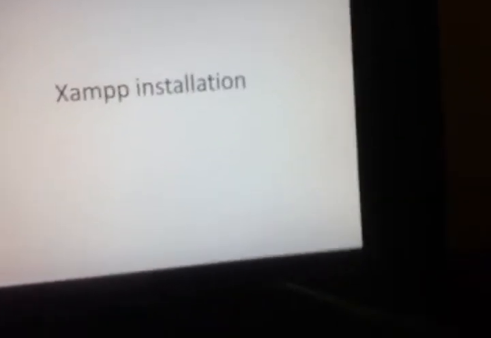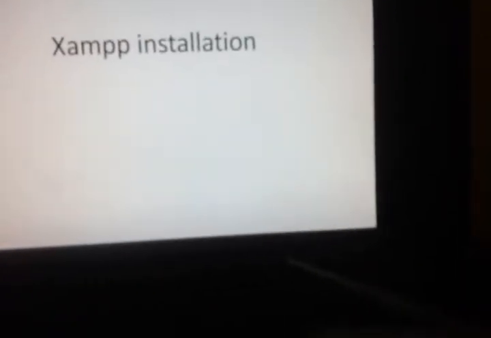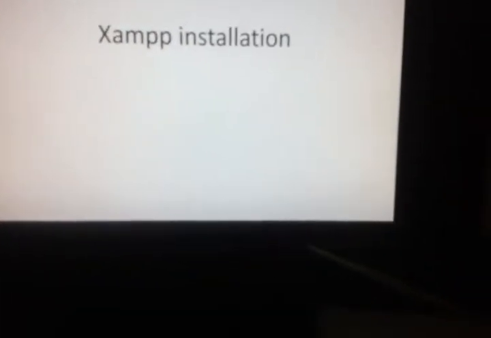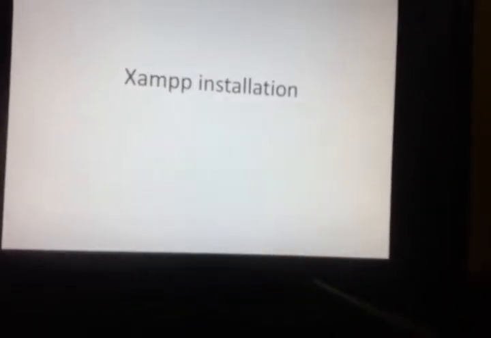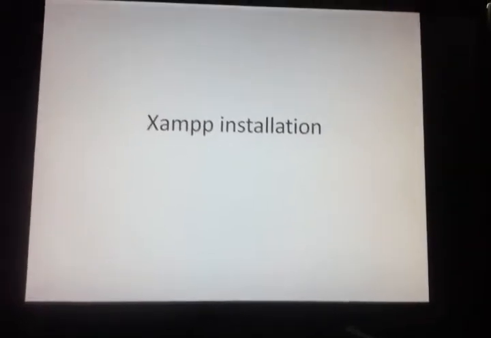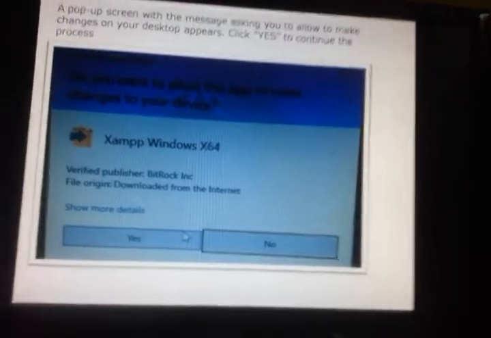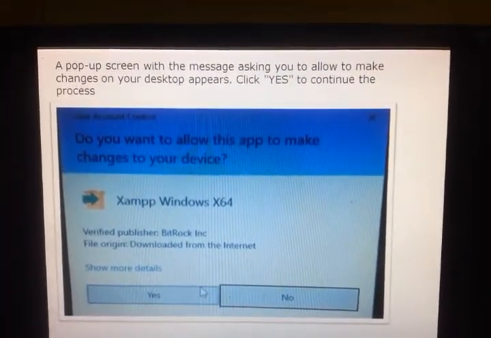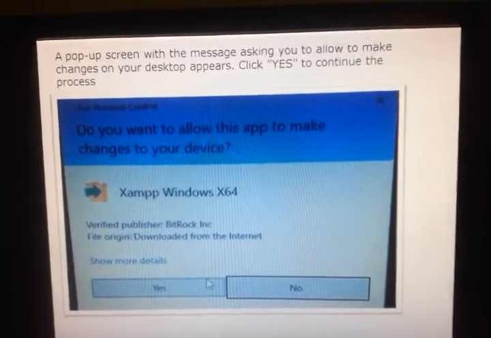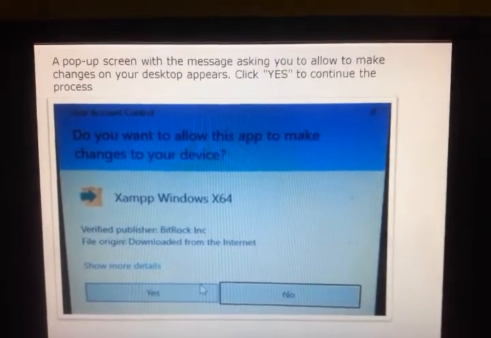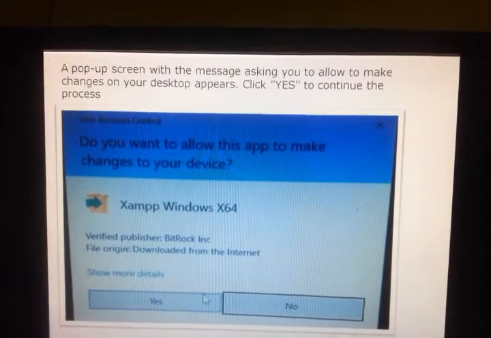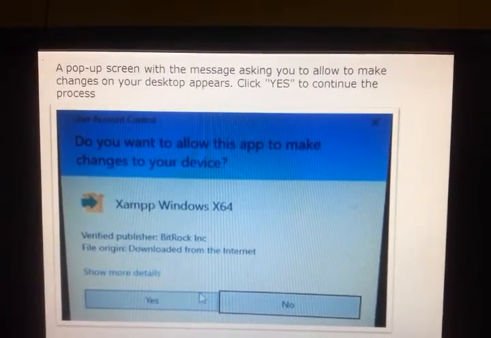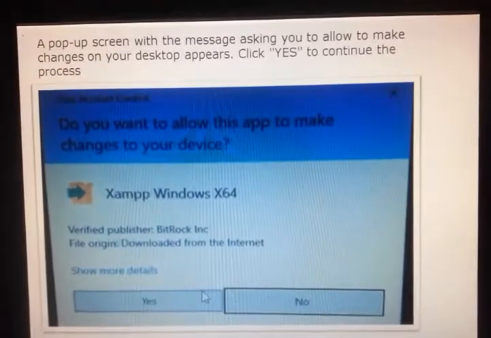Sir, for installation of XAMPP compulsorily we need to download XAMPP. So after downloading XAMPP to your local system or your PC, when you click our software, a pop-up screen with the message asking you to allow it to make changes on your desktop appears like this.